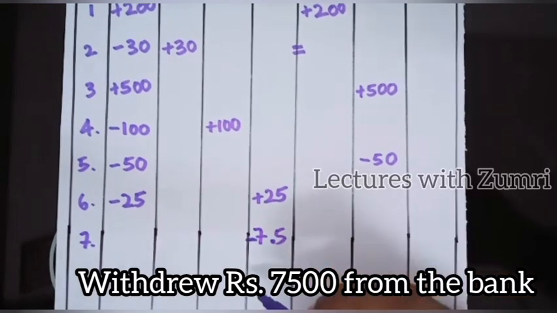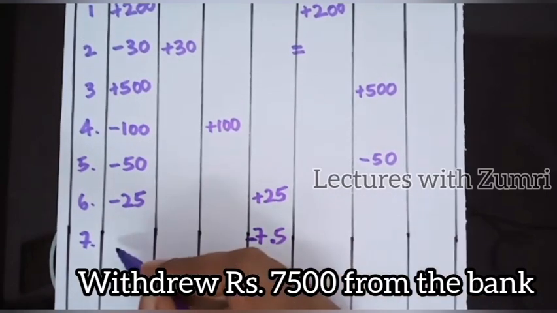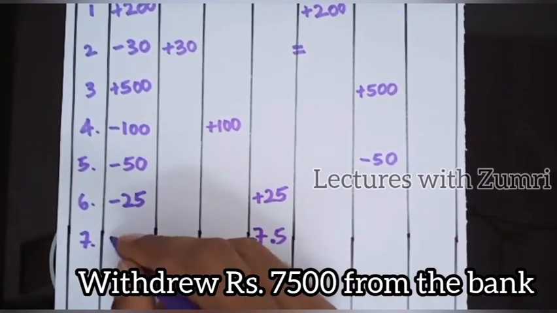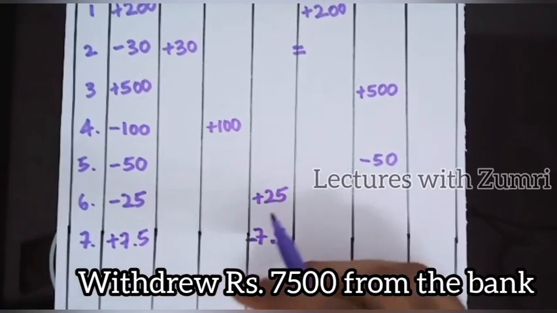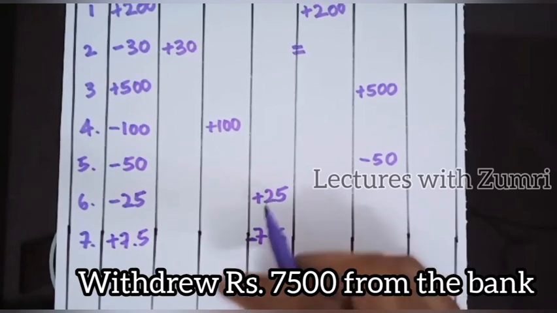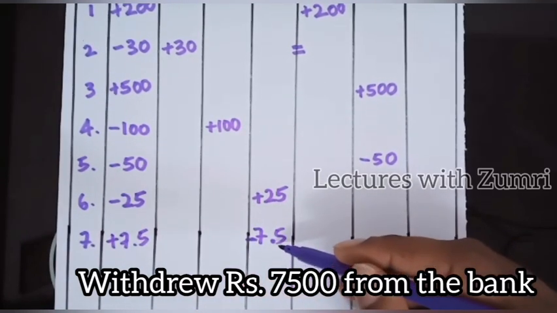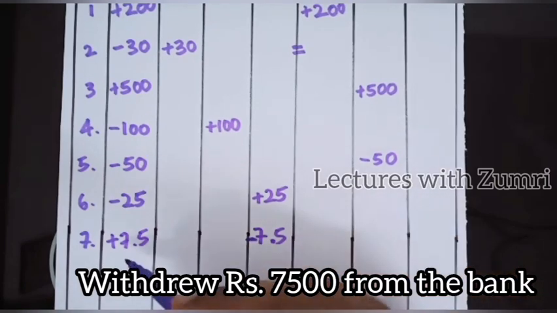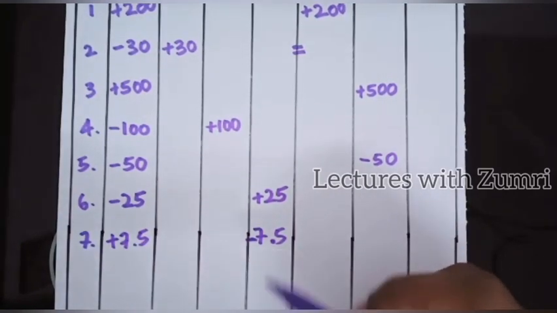and we take money out of the bank and we bring the money to the business. So what happens, cash in the business will be increasing. So what we have to do is put a plus 7.5 in the cash column, right? So cash at bank decreases and we bring that to the business, so cash in hand increases, right? So those are the impacts of transaction number 7.